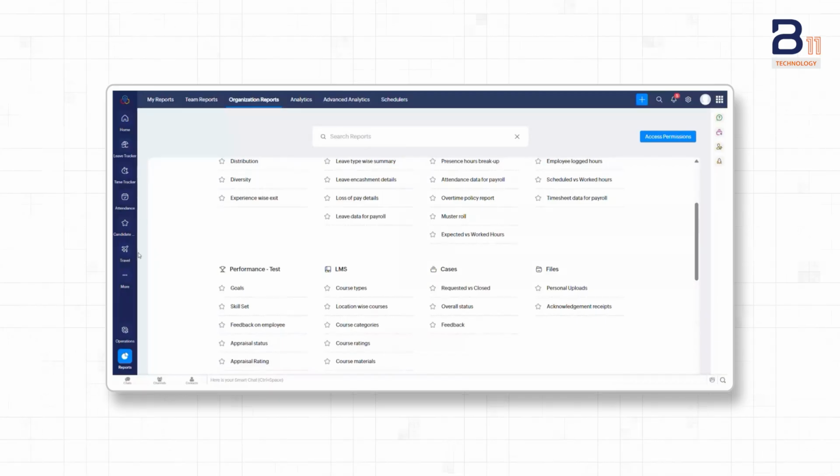So next, the organization form has all the employee